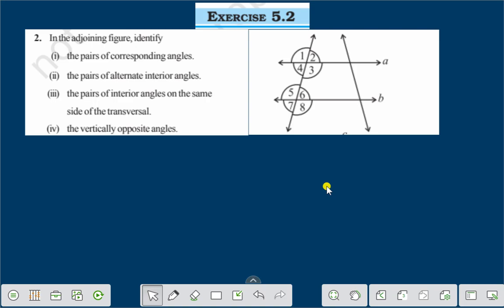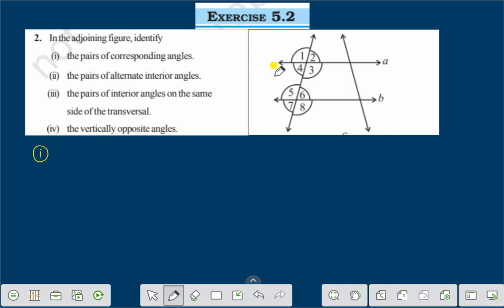Today I discuss exercise 5.2 question number 2. In the adjoining figure, identify the pairs of corresponding angles. Number 2, pairs of alternate interior angles. Number 3, pairs of interior angles on the same side of the transversal and vertically opposite angles. Let us find. You have to remember all this. Question number 1 is,